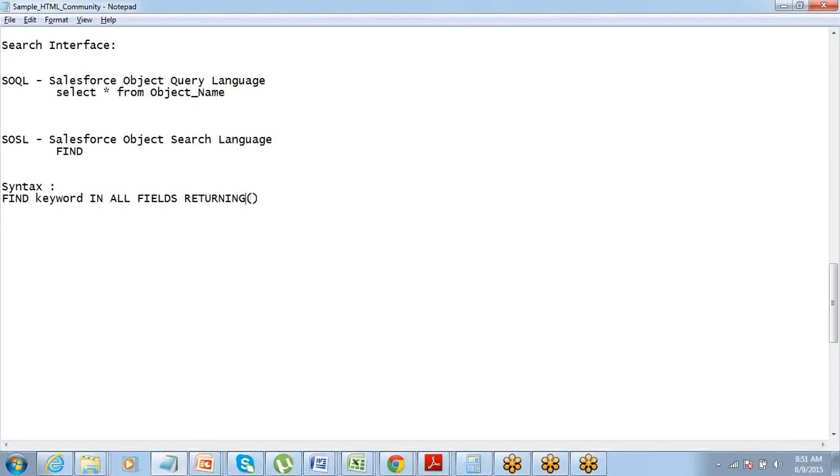Let's say you want to return, because it's performing a search in all the objects, then you have to define which fields you want to return from account. Let's say I want to return name, type. So that's how it is. Got it? So this is how it works.